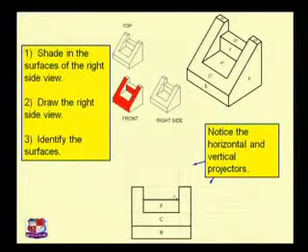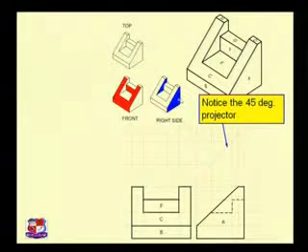Now identify and select the right hand side view. To draw the right hand side view, identify which face would be visible. In the right hand side view, this blue colored portion would be visible to us, this shape, that is portion A or face A. This is face A. This face A would be visible in the right hand side view. So it is to be drawn like this, face A.